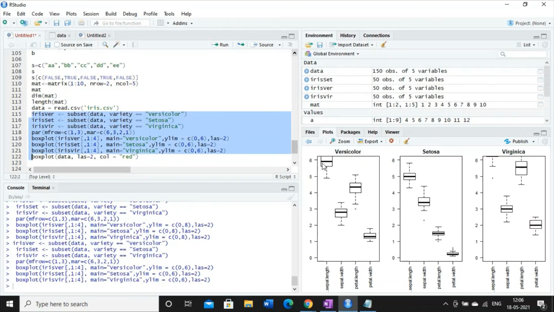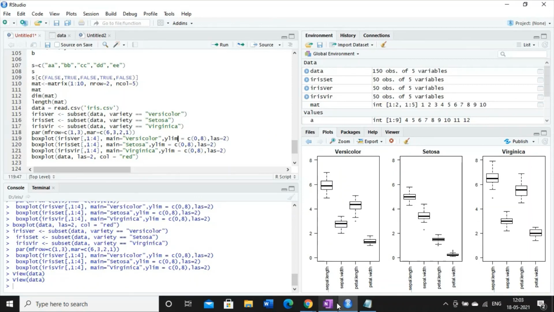See, some of the box plots are not visible. So now if I change the value to 8, then we will get better visibility of the box plot. Depending on your plot, you can change this value from 8 to 9 or 6, anything else. And I have already discussed the meaning of las. las is used to maintain the names provided on the x-axis.